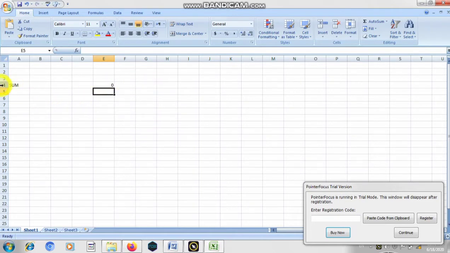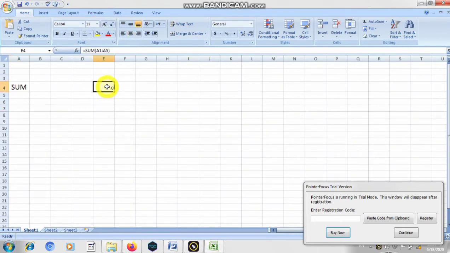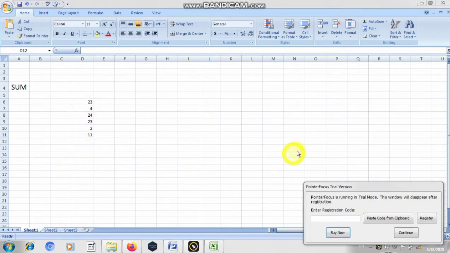Now let's start. First of all, we are going to do the function of sum and see how we can perform it. As you can see, these are my data values. How can we add these values?